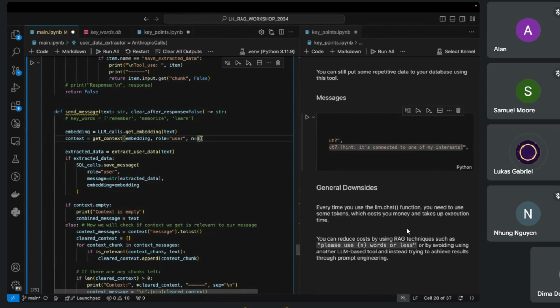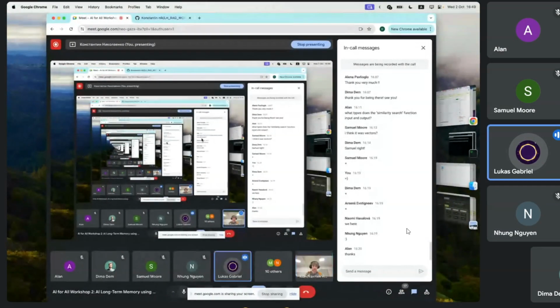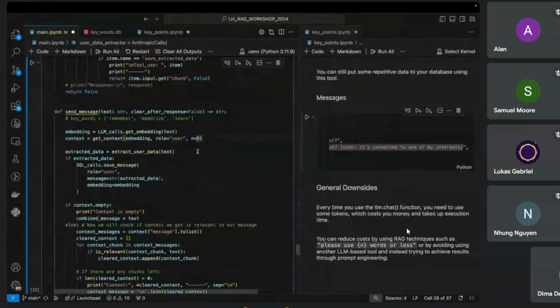Okay, thank you. Maybe just one more question. If you go over the threshold of tokens you set at the beginning, what would happen? This actually depends on the LLM. Anthropic, if I remember right, will send you an error message saying, sorry, this message is too long, I cannot answer it. ChatGPT acts the same. Llama can just